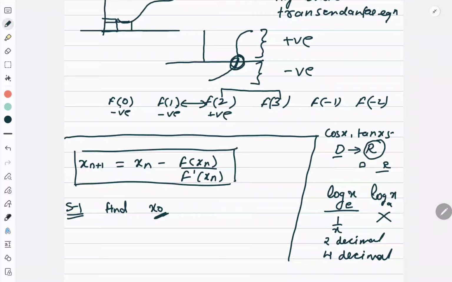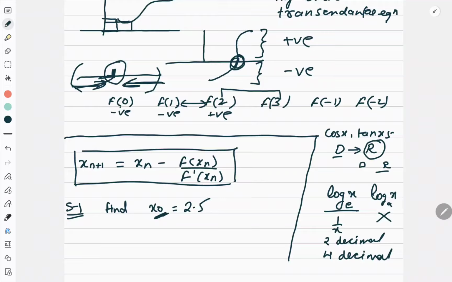But I don't want to unnecessarily bring in one more concept. In Newton-Raphson, if you are getting the answer between 2 and 3, take your x0 as 2.5. So you are sitting at the center. Understand one thing, you are on a number line. Suppose this is the answer. You can move from here also, you can move from here also. If the answer is between these, and you start from here, definitely you will reach early. So wherever you start, if I start with 1.2 and you start with 3, our final answer will be the same, but the intermediate steps will be different, because I am coming from this direction, you are coming from that direction, and we are reaching here. Right?